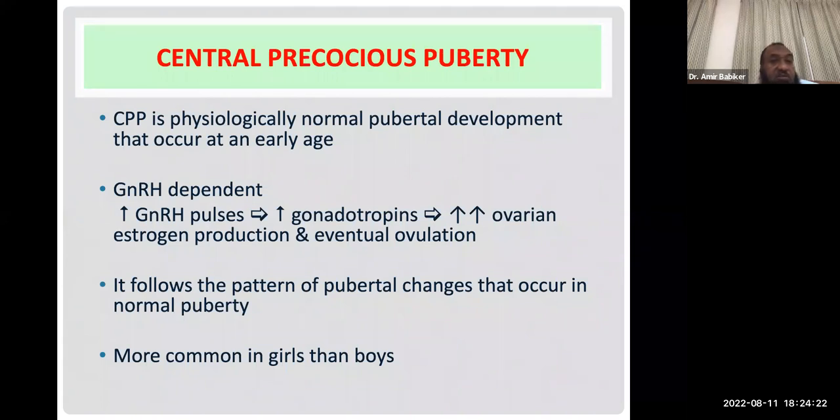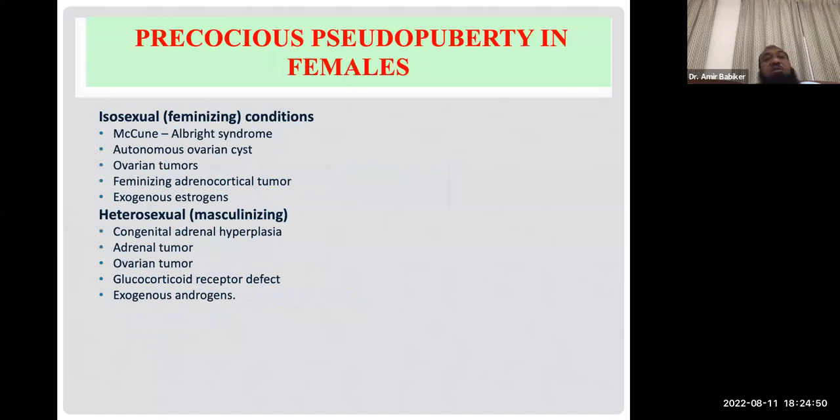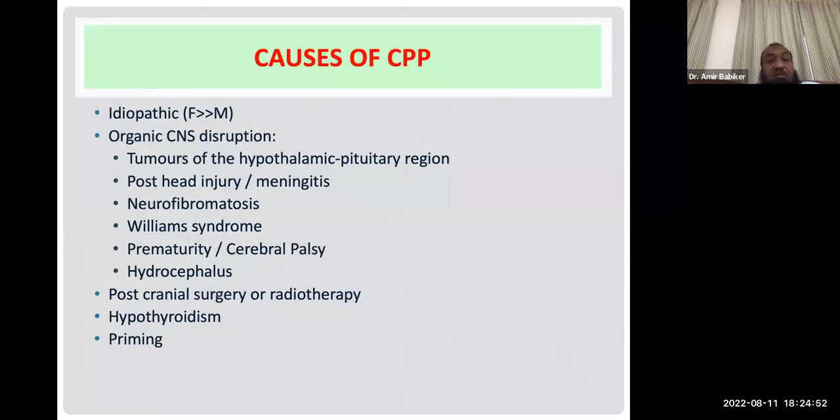لكن طبعا في other causes. So that's why we get central precocious puberty. كويس، ده كله كلام مهم في هذا الملخص اللي انا قلت لك، idiopathic اكثر في الفيميلز. بعدك they may have other causes like organic CNS disruption, cranial radiation, hypothyroidism. Interestingly في الام سي كيو ستدي hypothyroidism can result in precocious and in delayed puberty depending على الستيج بتاعه والسيفيريتي. اوكي طيب precocious pseudo puberty in females طبعا بعد ما قلنا الكلام اللي قلناه قبل شويه.